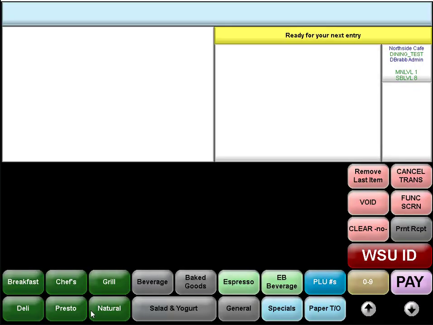This quick video is designed to discuss and learn about the split tendering function in Micros. Split tenders are handy in several situations, and as a cashier, you will experience one form of split tender on